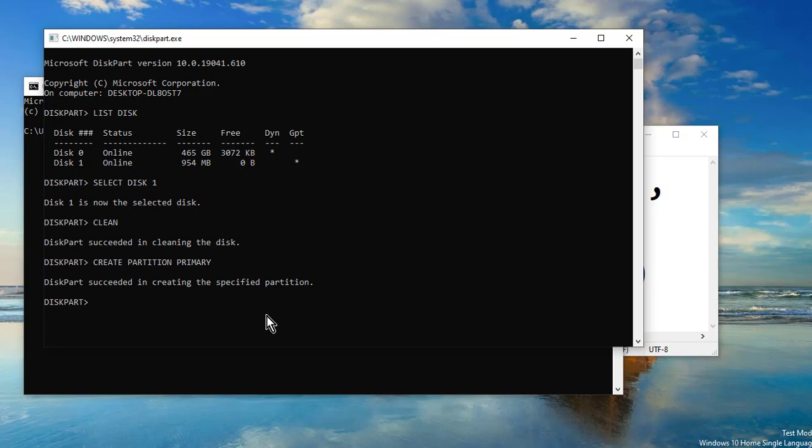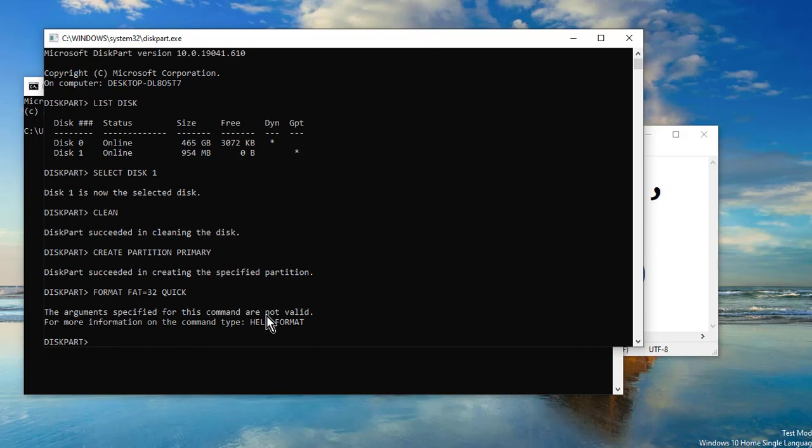Now let us format it. At 32, and we're gonna do it quick by formatting fast. If you see something like this, the command that we made is wrong. Then we're gonna do it again by format